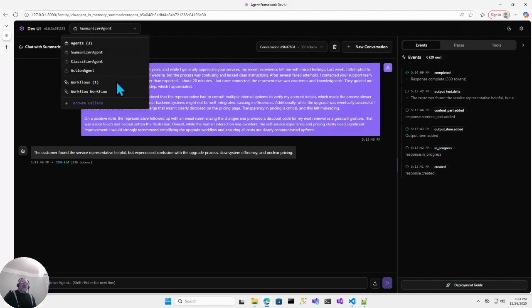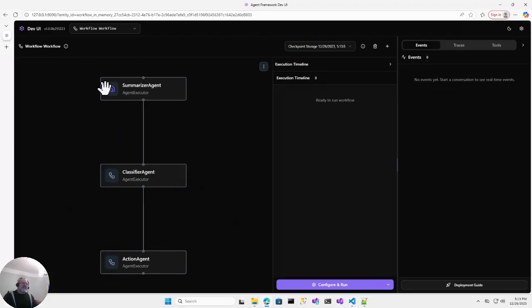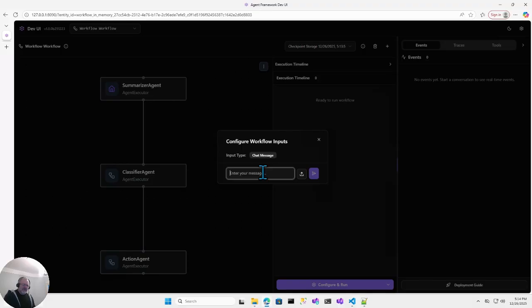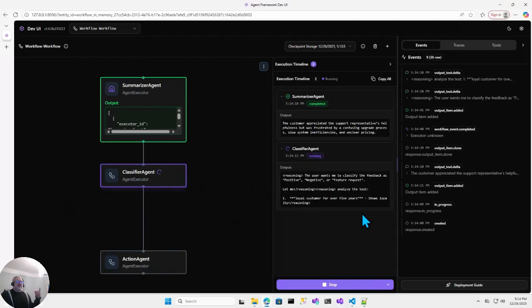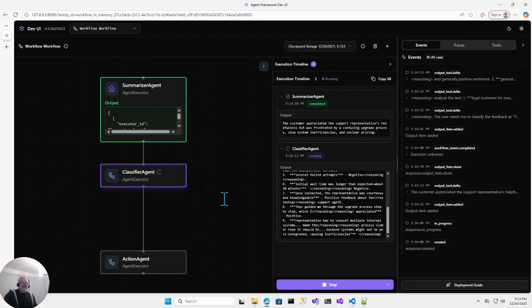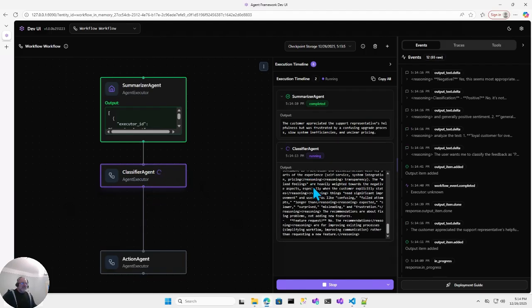So then what about from a workflow perspective? That's where you want to take that, summarize it, classify it, and then perform some action. And so this devui shows you that workflow in a visual canvas here, right? It's this column, this column, this column. And so you can configure this as well. So I'll paste that same sentiment in here. And so that first one called Microsoft Agent Framework came back, great. So then it called this, now it's calling Bedrock. And you can see here it's working away.